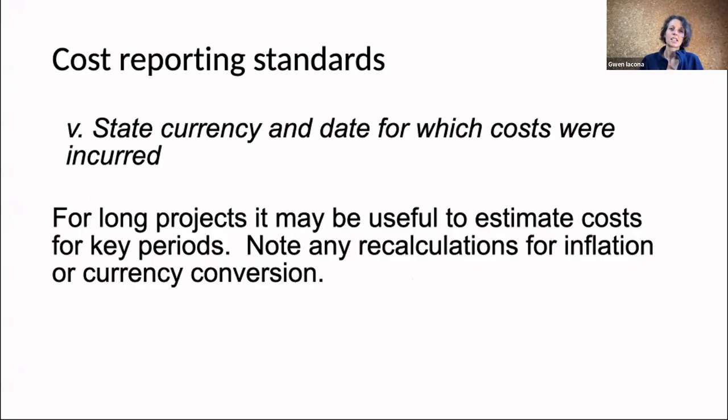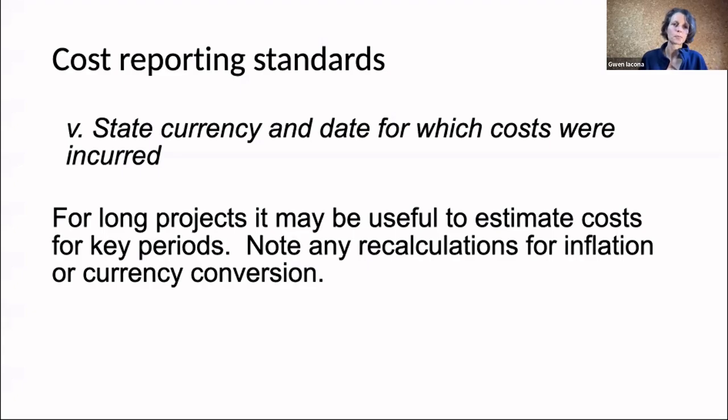Standard 5 is state the currency and date for which costs were incurred. So is this a one-off project? Is it a long-term project? Are these ongoing costs? Is it a one-off cost? What currency are we talking about? What year were these data collected, or was it over multiple years? So these are just basic information enabling future users to be able to interpret those costs in context of sort